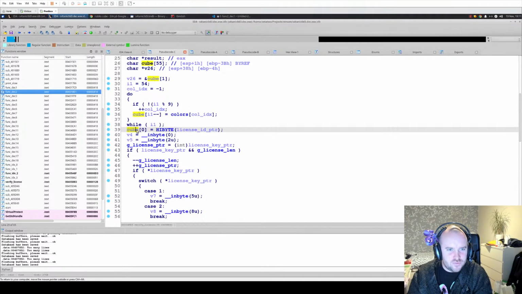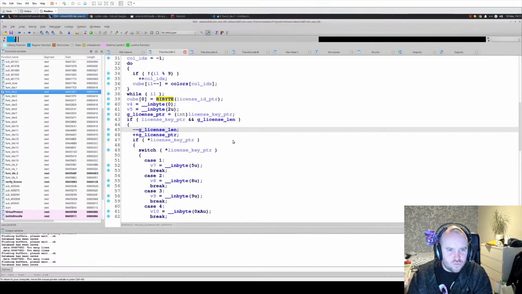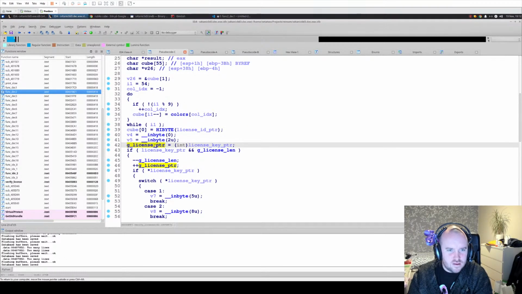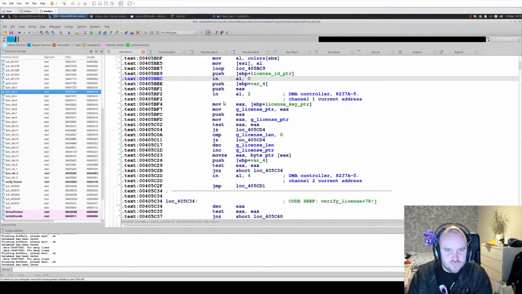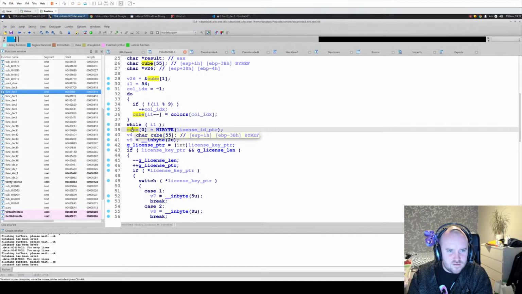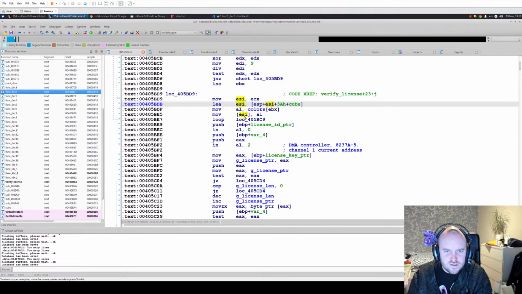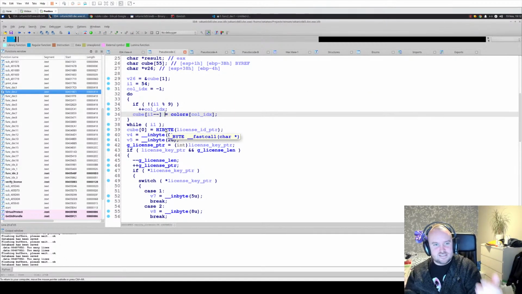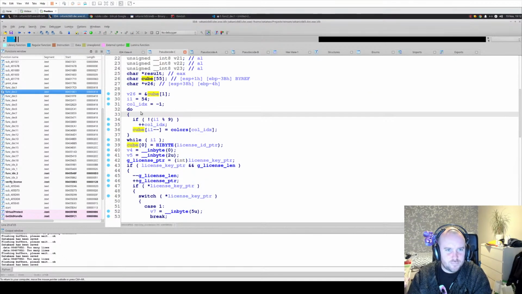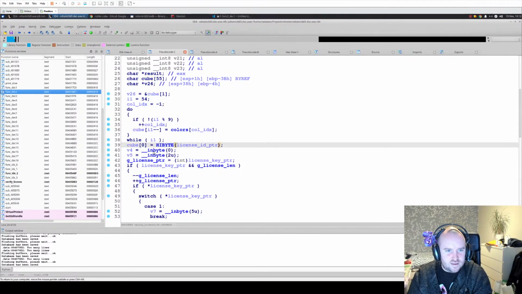Okay, so what does this mean? Do we think that the whole thing is then that, can I get, this is in the ESI register. I want to see where this... so what I'm thinking is that first we set up the cube here. We just initialize the cube to a solid state. And then we take the,